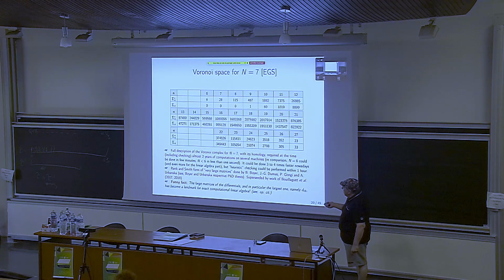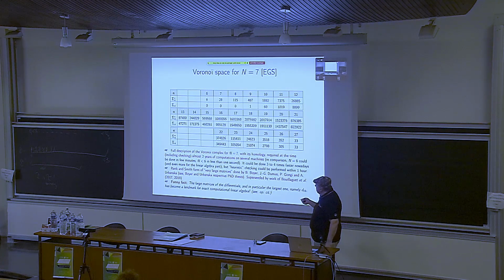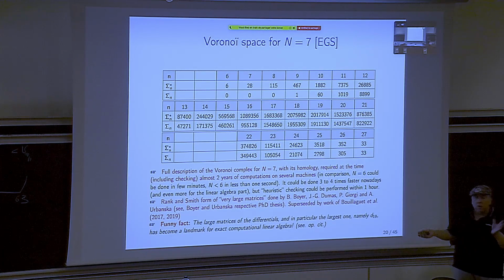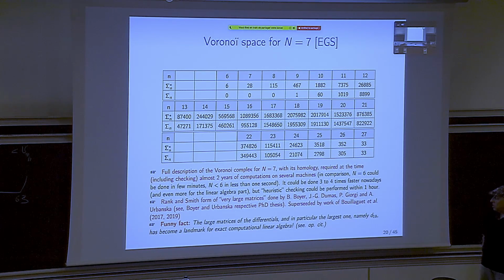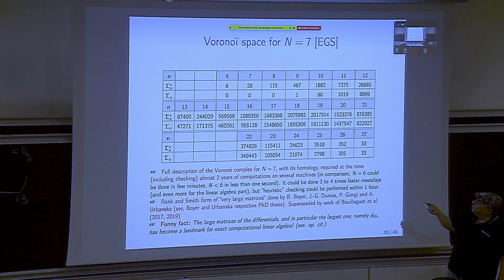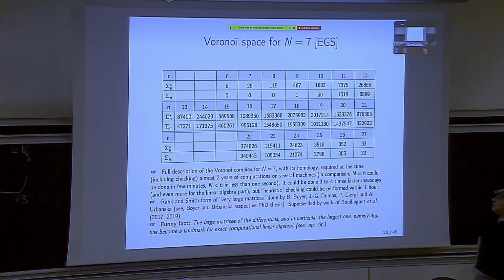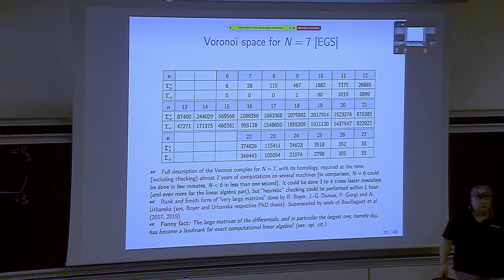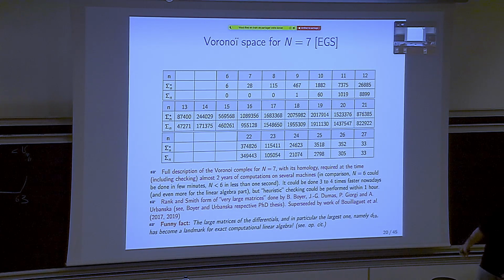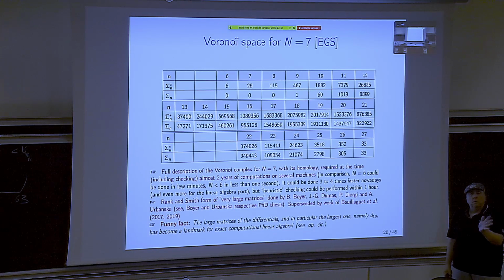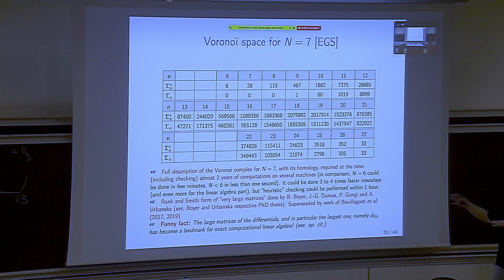I just want to point out that, in fact, with new work, in particular the work of Charles Bouillaguet and collaborators, they were able to compute at least the rank, but I think it's also the case with Smith's normal form, way faster than it was computed, let's say, 10 years ago. And when I say 10, I mean there is a factor of 1,000. Okay, so I will continue in